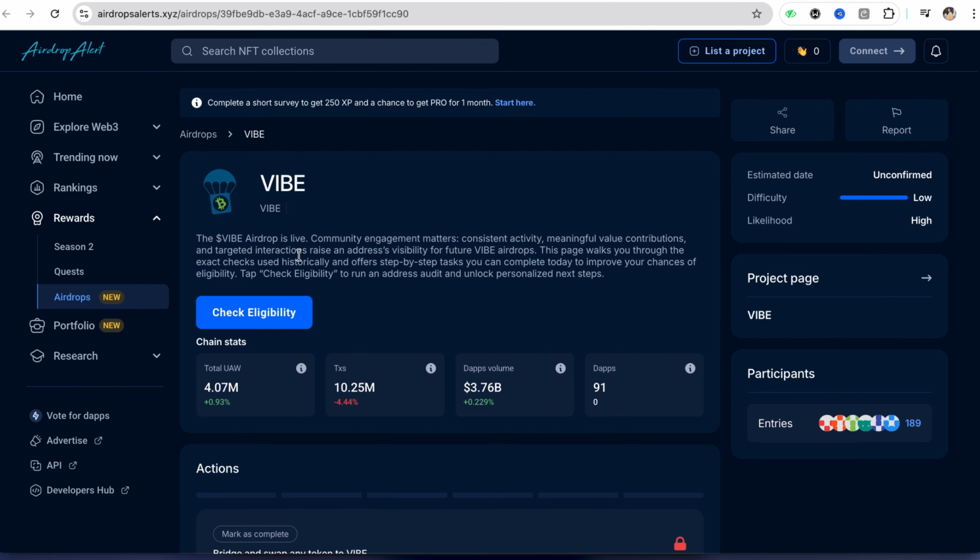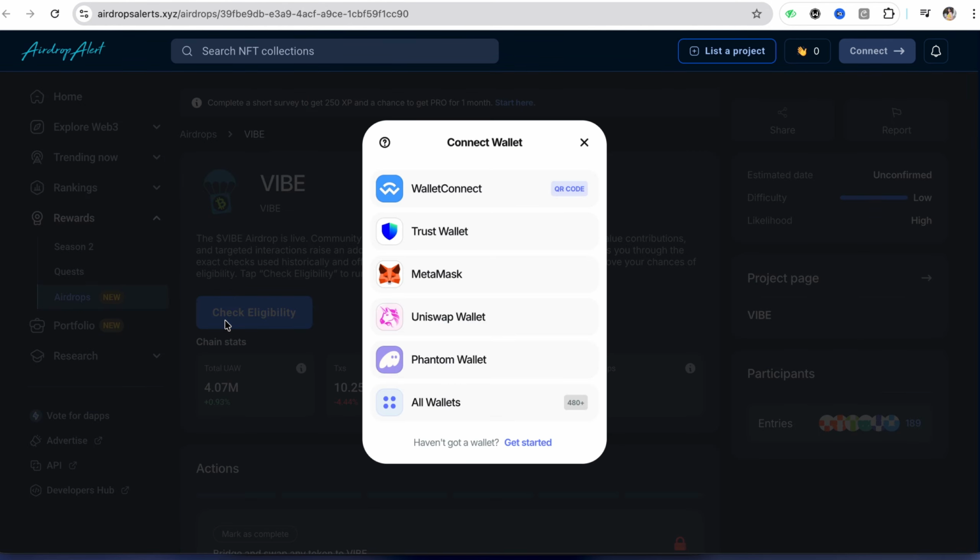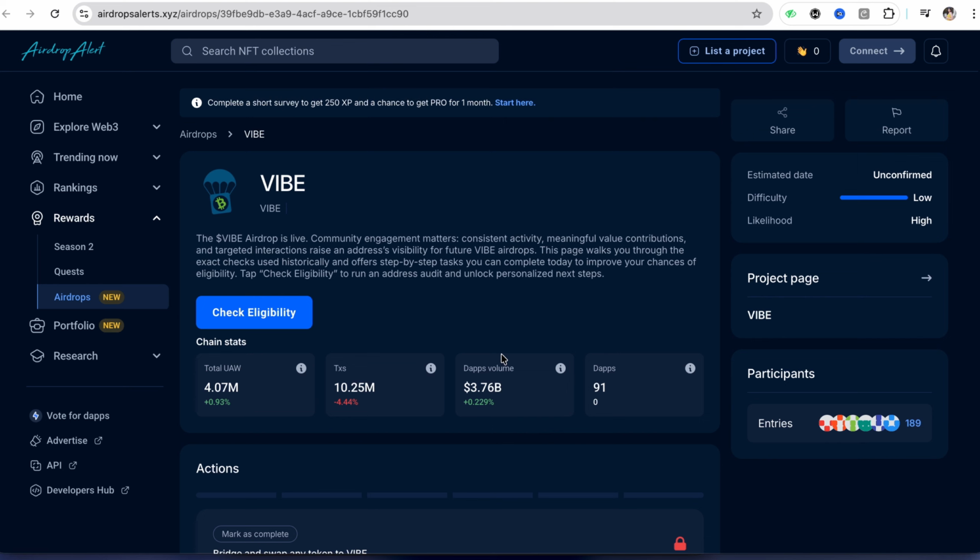Right now, I don't have any account in Airdrop Alert or any of these crypto wallets. So that's why I'm not connecting and showing you on my screen. When you connect your wallet to the Airdrop Alert section and check the eligibility and perform the on-screen task that will appear on your screen, then you will be able to claim your tokens quite easily.